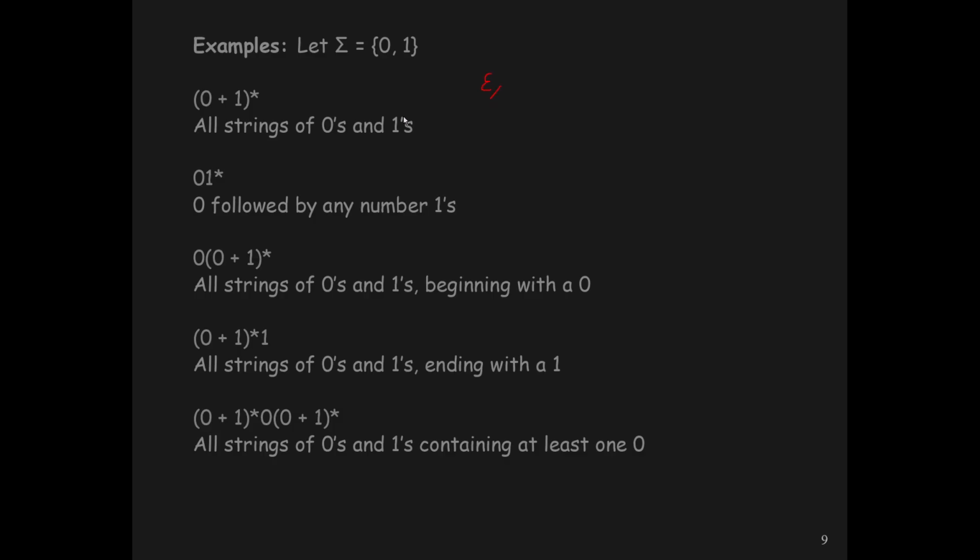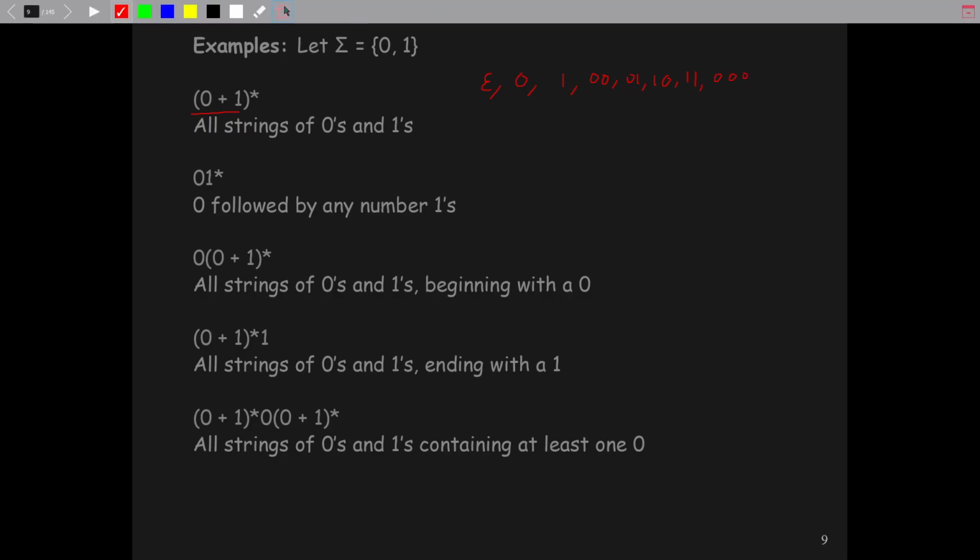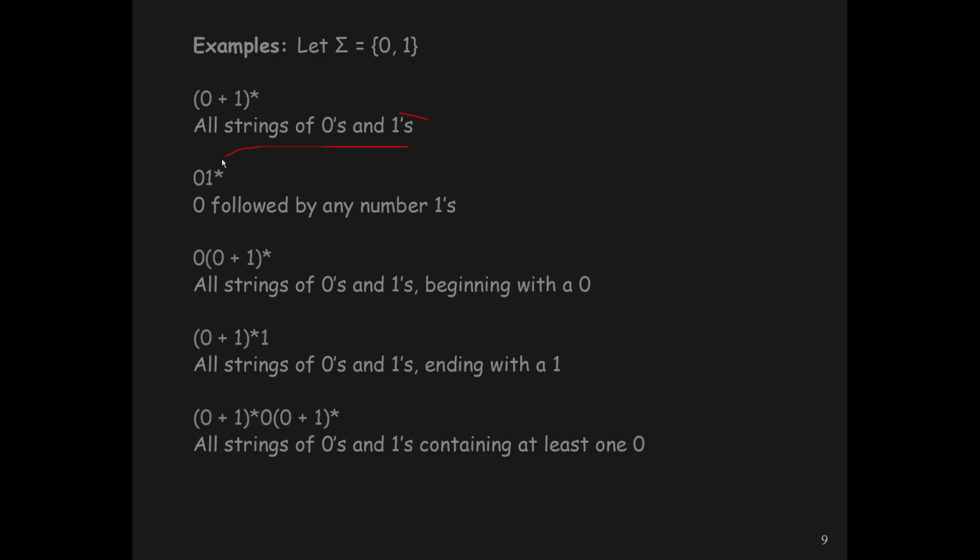So if you want to have a list of all of these strings described by this regular expression, it's the empty string, 0, 1, 0 0, 0 1, 1 0, 1 1, 0 0 0, and so on. That's all strings of zeros and ones. I hope it's clear, but if you need the explanation, then